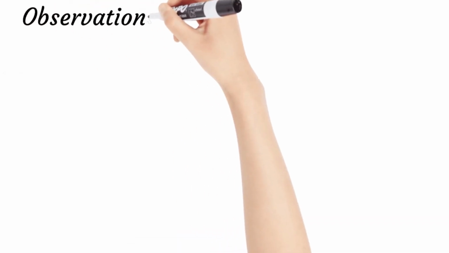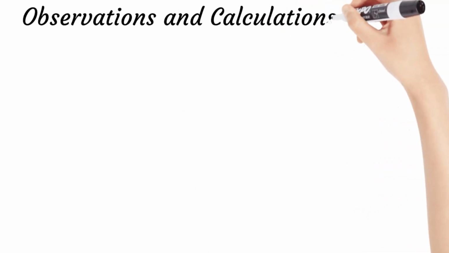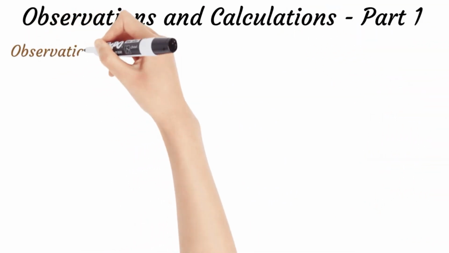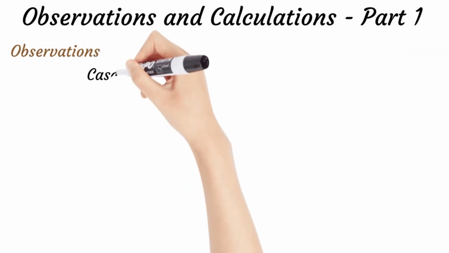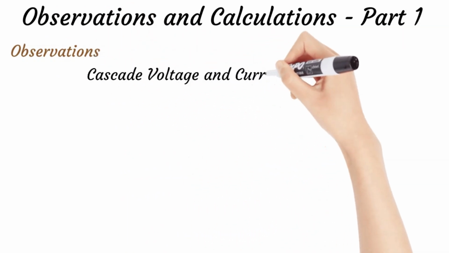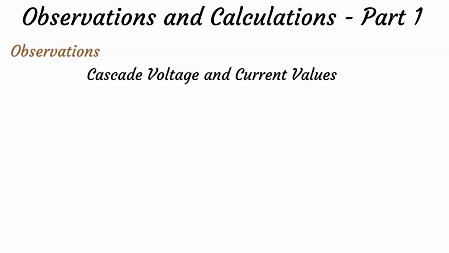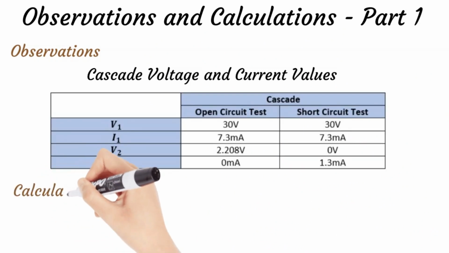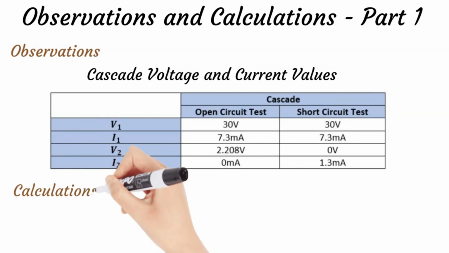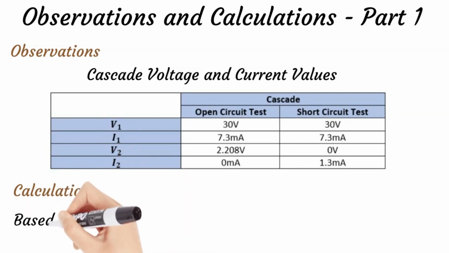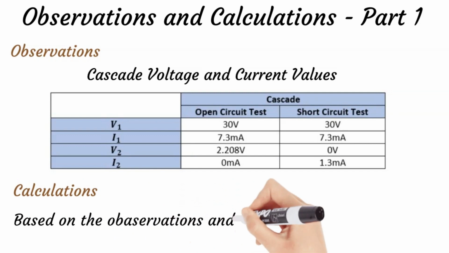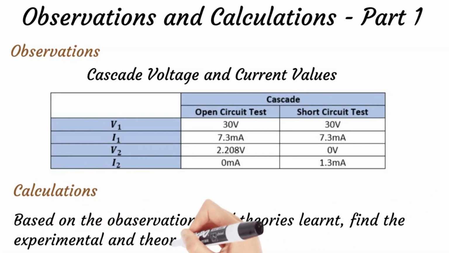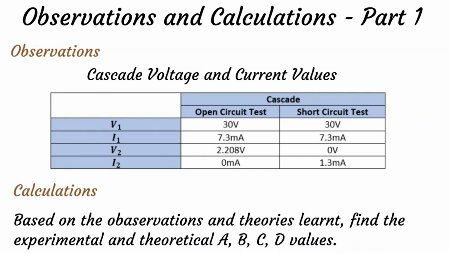Take a look at the observations, and based on that, what are the calculations you are required to perform. For part 1, we are going to take V1, I1, V2, and I2 readings of both the open circuit test and short circuit test. The readings are given in the table here. In the calculation part, you need to calculate experimental ABCD values, and based on the theories learnt, the theoretical values of A, B, C, D parameters need to be obtained as